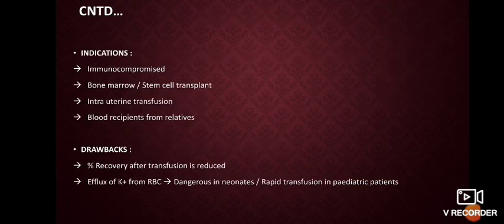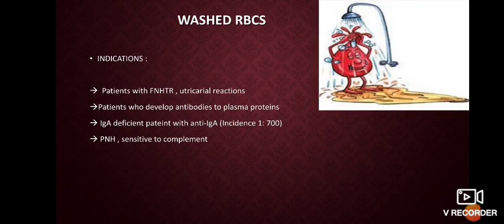The indication is the same as for leukodepletion, like in immunocompromised or bone marrow or stem cell transplant patients, or in intrauterine transfusion or blood recipients from relatives. The drawback is that the percentage recovery after transfusion is very low, and the efflux of potassium from RBCs leads to some cardiac problems in patients. Washed RBCs are given in patients with FNHTR or urticarial reactions, or those who developed antibodies to plasma proteins, or those who are deficient in IgA, and also in paroxysmal nocturnal hemoglobinuria sensitive to